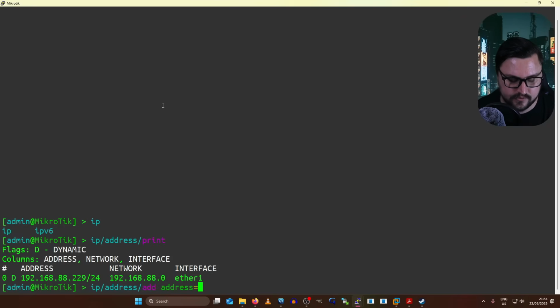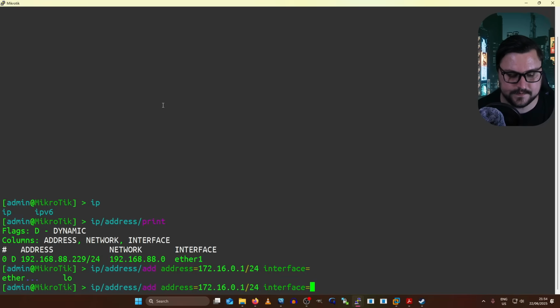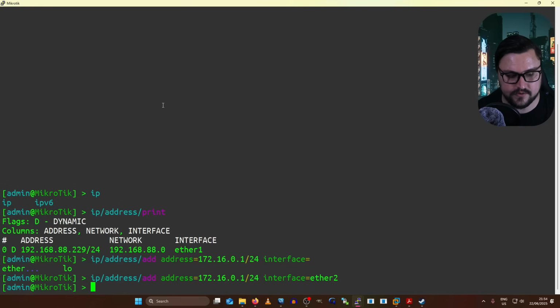Now, what was that address? It was 172.16.0.1/24. And if I do an interface, I need to specify what the interface is, which is Ether2, and that is really it. This will bind an IP to an interface. So I can hit enter, and now I can quickly test and see,